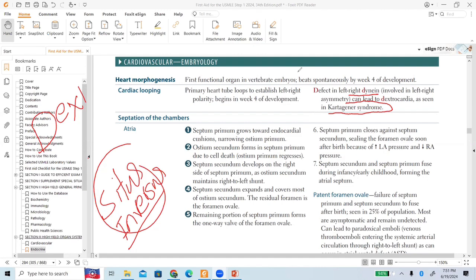From axon to the cell body. Right, from axon to the cell body. So retrograde. What is the clinical significance of this retrograde transport? I am asking about the clinical significance. This thing correlates with embryology, pathology, microbiology, and biochemistry overlaps as well. So this is a super high yield thing, and they ask this kind of thing in the USMLE step.